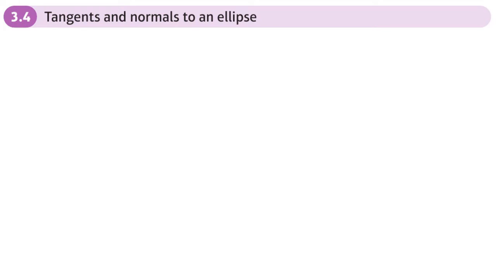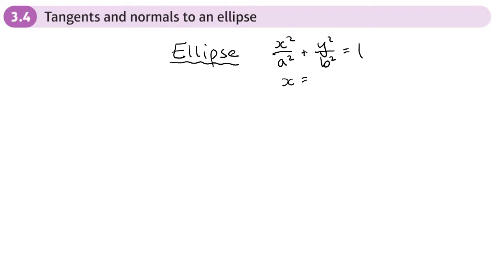So this is the fourth section of the Conic Sections 2 chapter, and here we're looking at tangents and normals to an ellipse. So we know that the equation of an ellipse is x squared over a squared plus y squared over b squared is 1. So that's in Cartesian form, and parametric form it's going to be x equals a cos t, y equals b sine t, and actually we're going to use this to help us derive